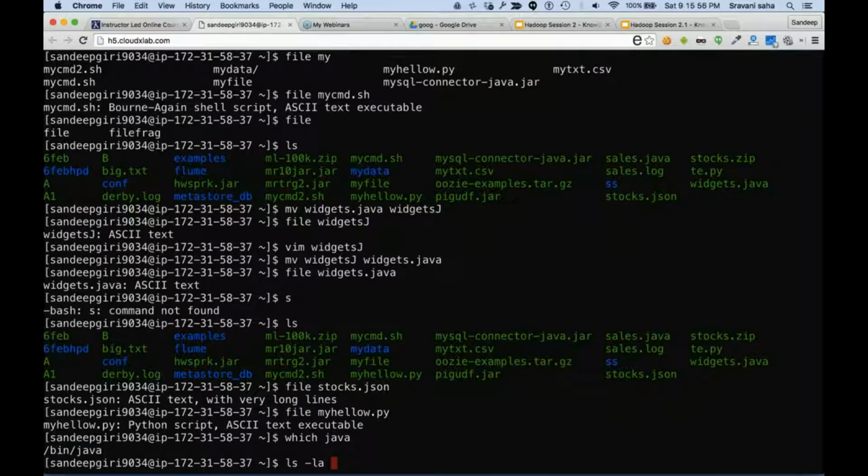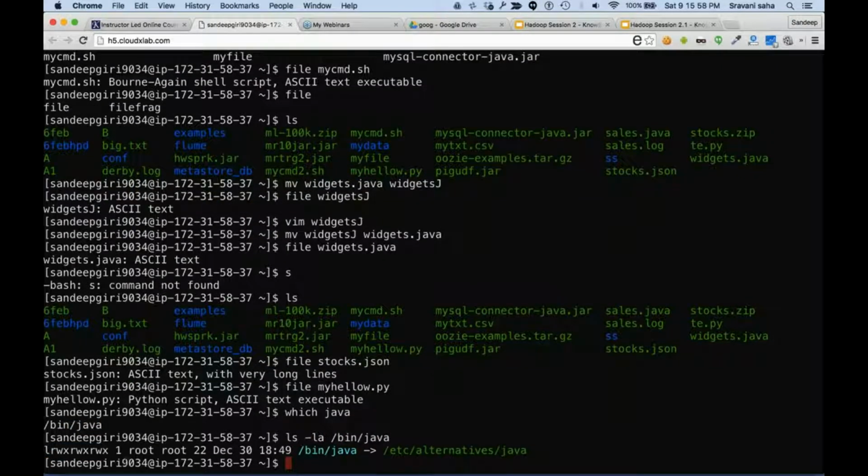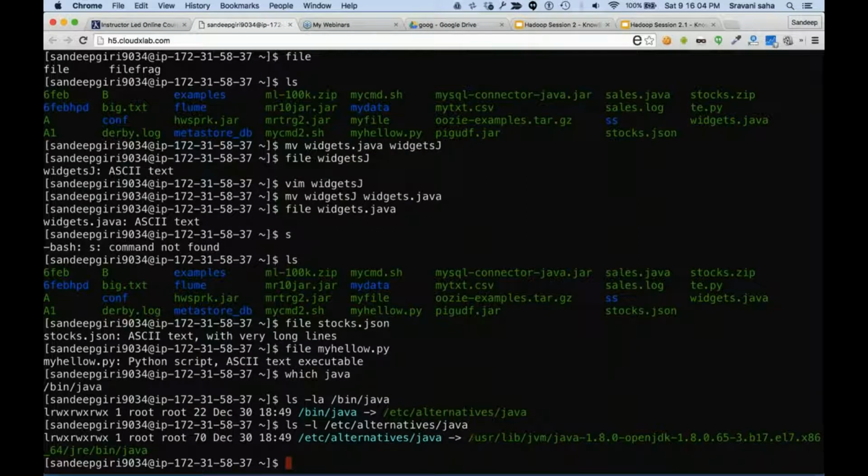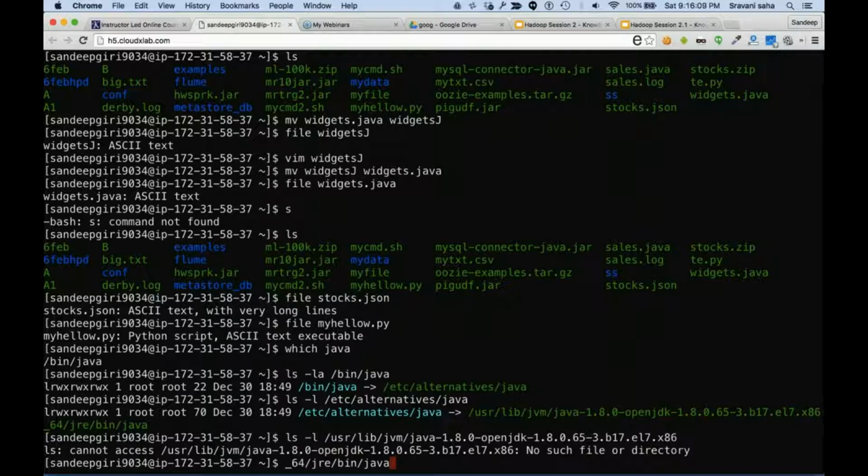We can see more details about this. It says that it's pointing to some other folder. Okay, then we go to that folder. Oh, this is again pointing to some other folder. All right, we say ls -l